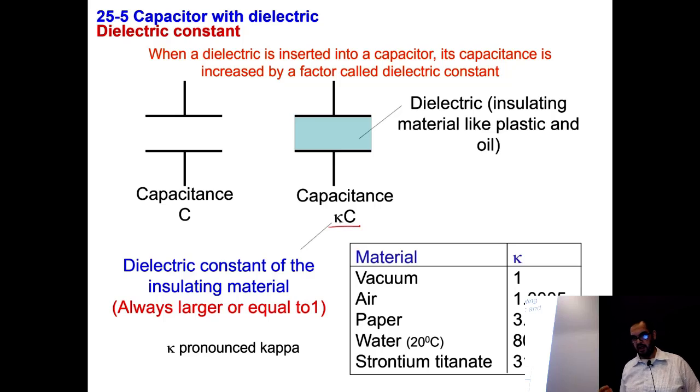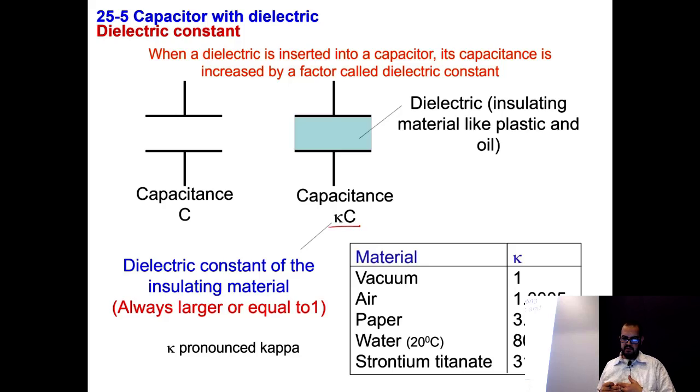So if you have a 1 microfarad capacitor with air, and you just replace the air, keeping the same distance, with this dielectric material, you can have a large capacitance. And obviously, if you have a large capacitance, that means you have a larger charge, a larger energy you can store in that capacitor. There are a lot of people doing research on how to increase the capacitance or the storage capability of a capacitor,